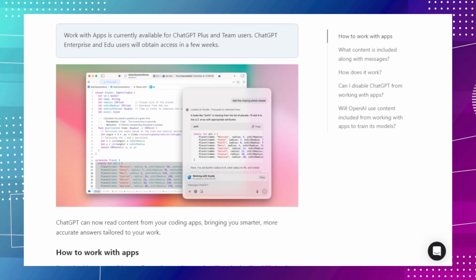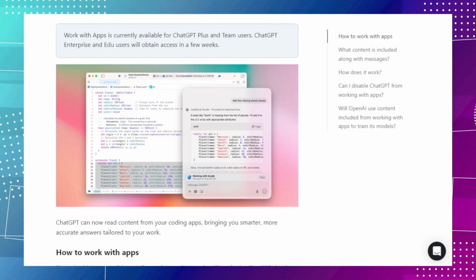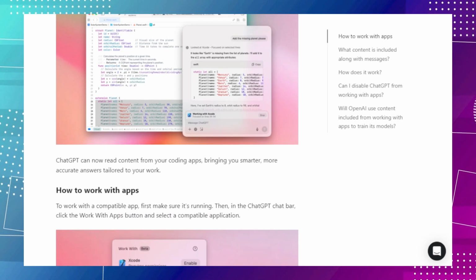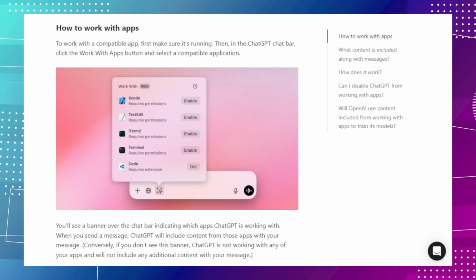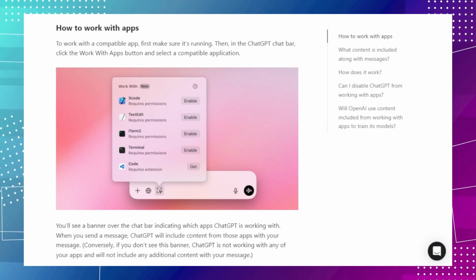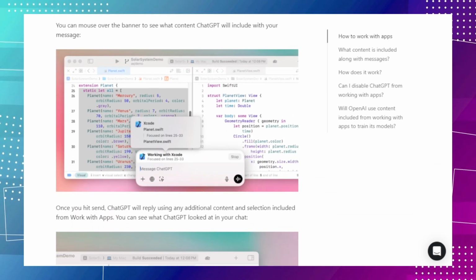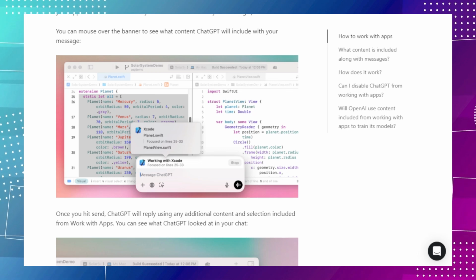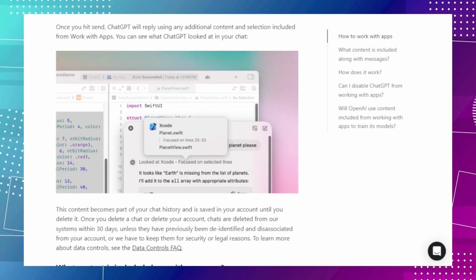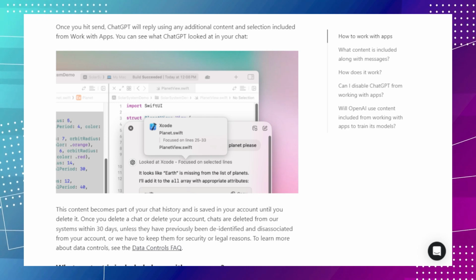You're coding a complex program and hit a snag. Instead of frantically searching online, you can simply ask ChatGPT for help, and it can actually see your code. This means ChatGPT can provide more accurate and tailored solutions to your problems because it understands the specific context of your work. This integration is currently available for ChatGPT Plus and Team users, with Enterprise and Edu users gaining access